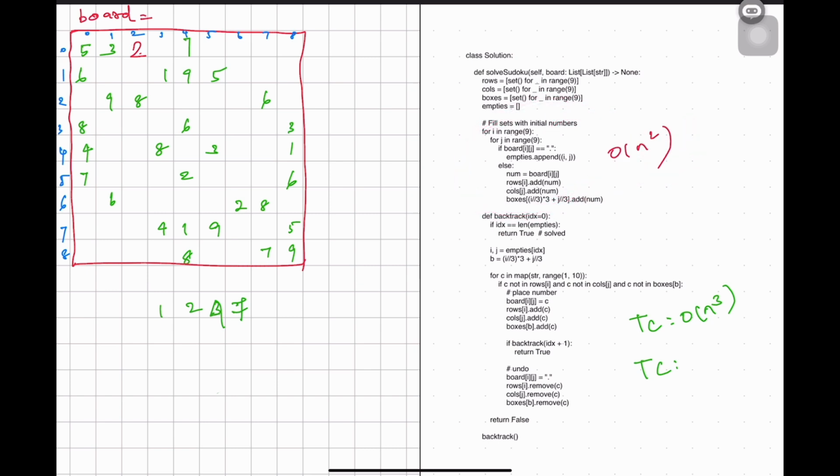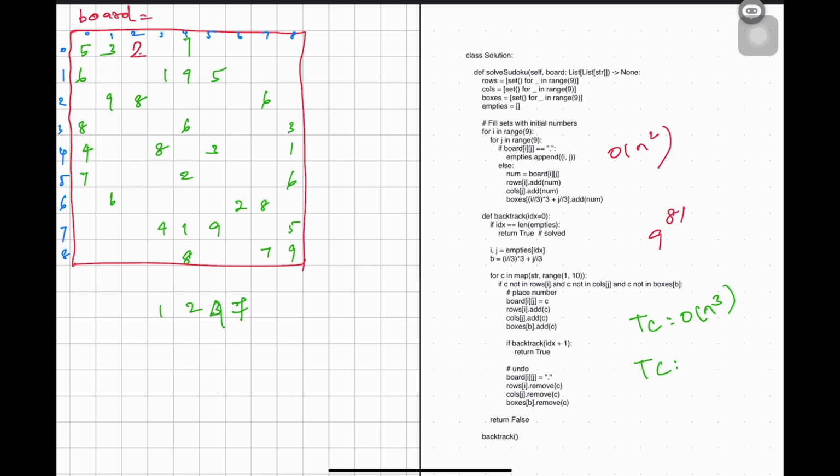Here you will store all the empties, to the max. Let's assume all the cells were empty, which means 81 indexes, right? And you have 9 choices, and each choice will have to go and fill. In the worst case, it will call 81.